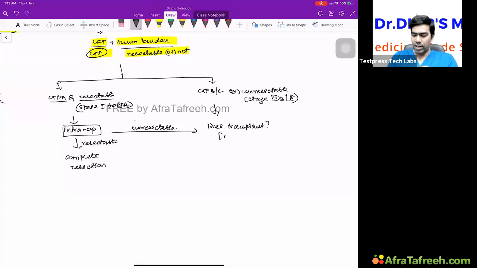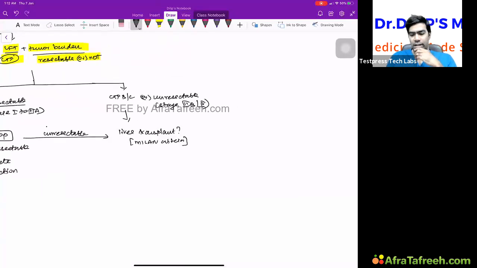Please understand, whether a patient is a liver transplant candidate or not is given by something called the Milan criteria, which is very, very important. So what do we mean by Milan criteria? There are many extended criteria, but the original Milan criteria is what is going to be asked in exams. Milan criteria means you have a single lesion less than 5 centimeter,